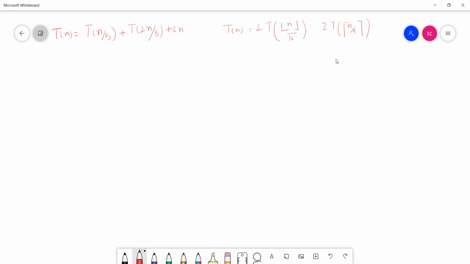So this question. Yeah, what are you asking? The voice is not clear. What is the last term? This is ceiling of n by 4. So floor and ceiling symbols are for confusion only. So this is equivalent to 2T of n by 16 and this is equivalent to 2T of n by 4.